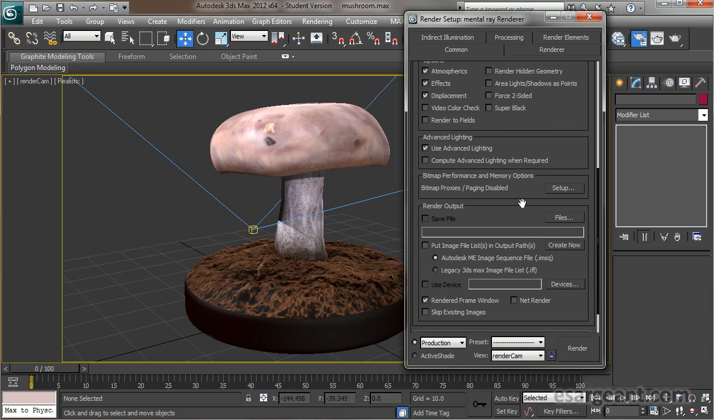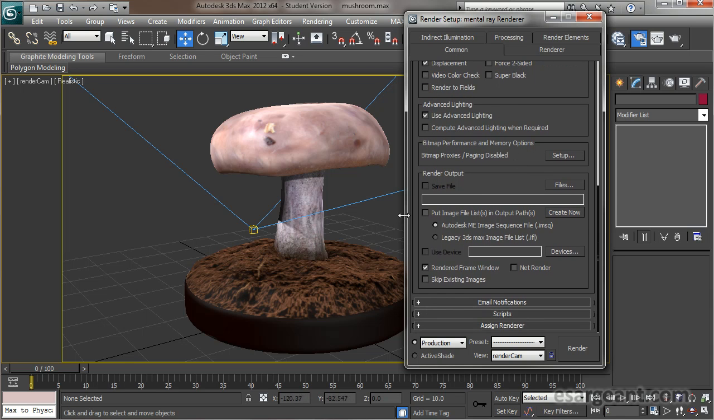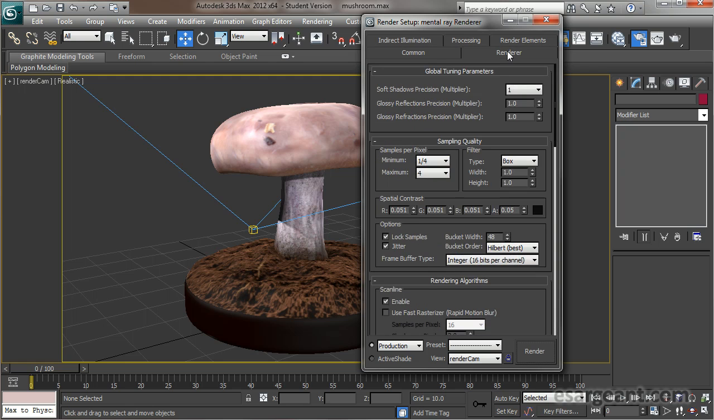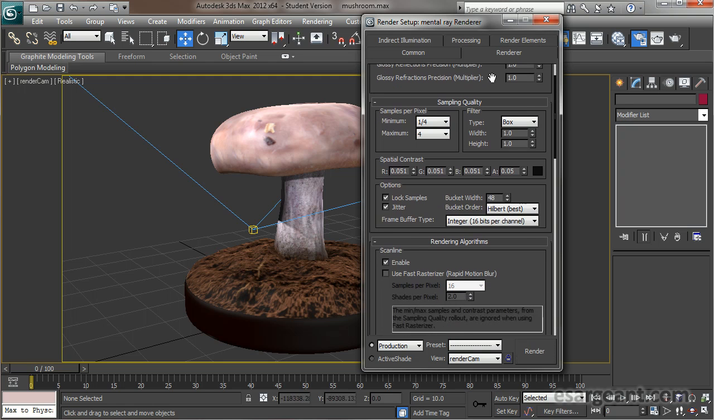Lighting setup, I'm just going to leave that at the defaults. This section here is really, really important. We'll come back to this later though, because before we get to this, I'd like to talk about the actual render settings themselves. So let's click on the Render tab here at the bottom right, and you'll see some settings